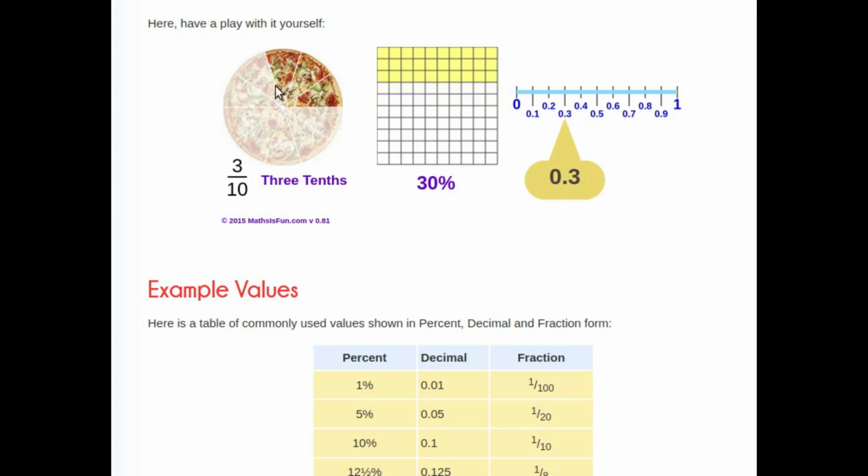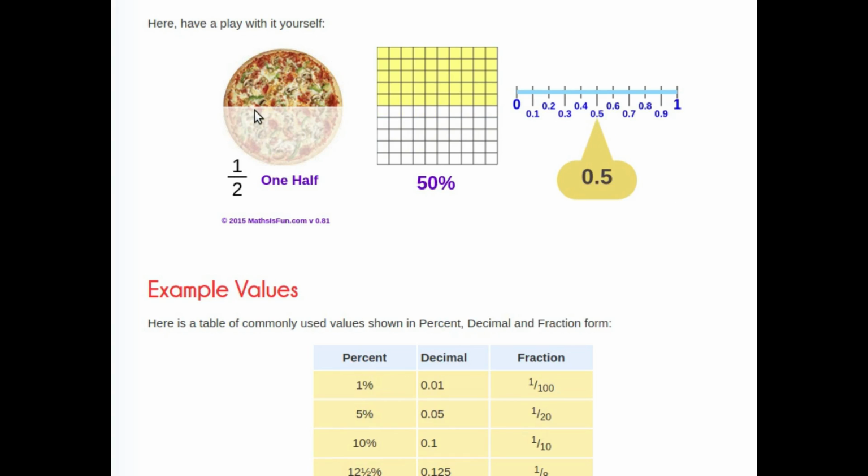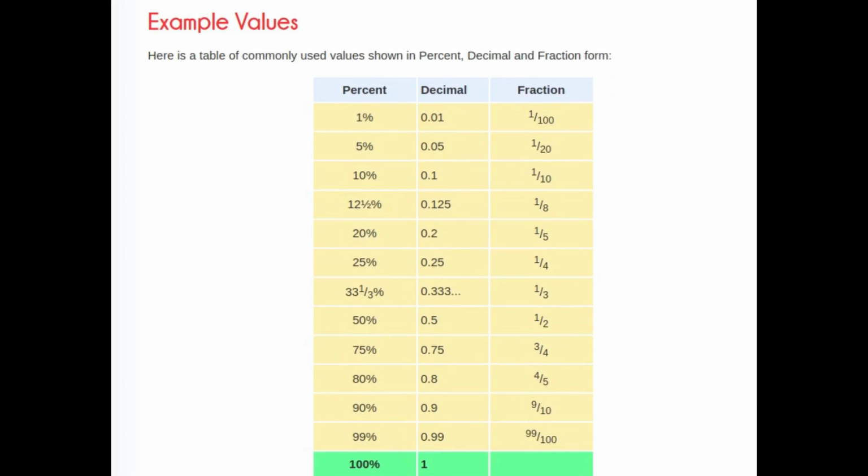So let's make it 1 by 4. Here this will become 25%, and as a decimal we have 0.25. So as we change this to different parts, the percentage and the decimal will also change. In the next part we'll see how to convert these fractions to decimals and then percentages. Okay, so we'll go through some examples here.